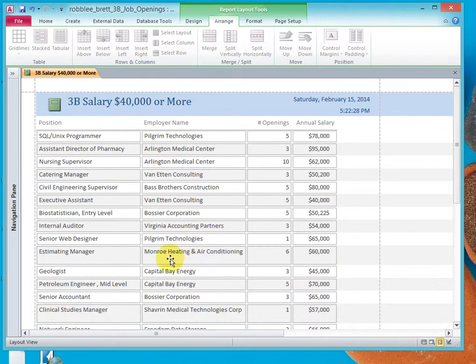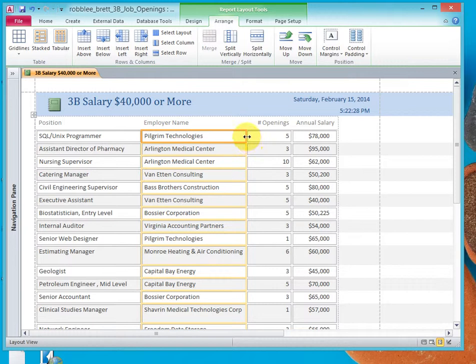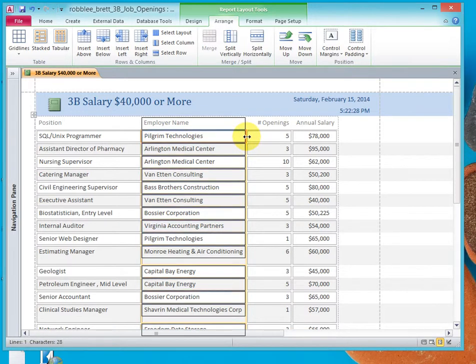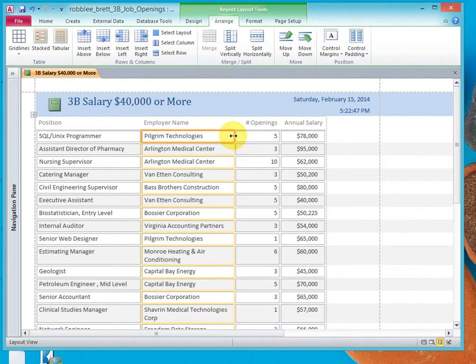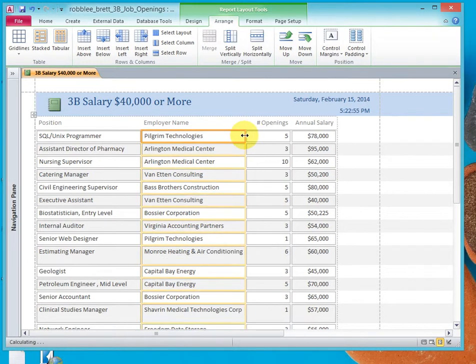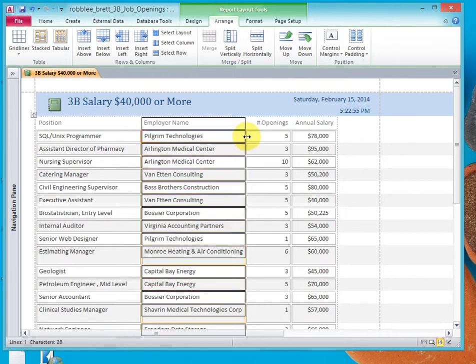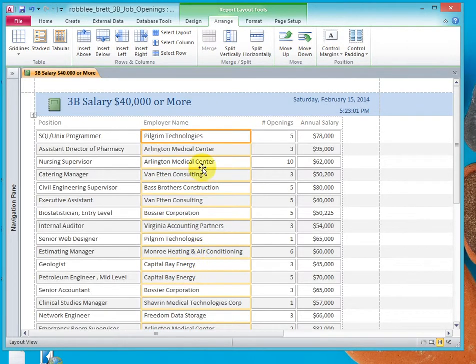Now notice Monroe Heating and Air Conditioning has an extra blank space under it, so does Charvin Medical, even though the words aren't wrapped. Well, let's click on the first row, Pilgrim Technologies, and watch what happens. If I move the column that way, you see that these wrap, Monroe and Charvin wrap. If I go back this way, they unwrap, but they still have an extra blank line there. So if I stretch it out just a little bit more, then that space goes away,